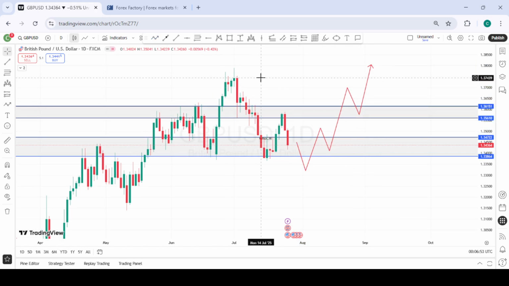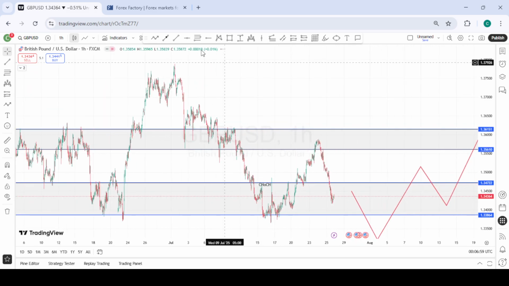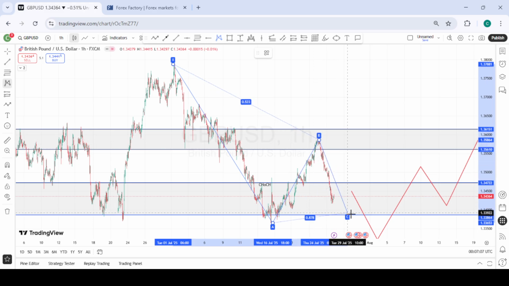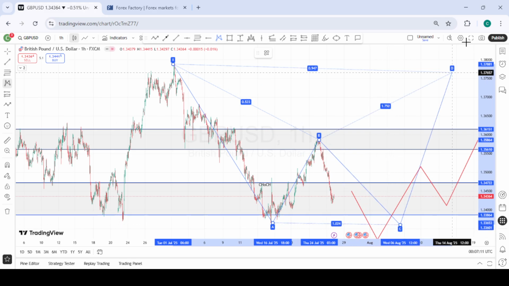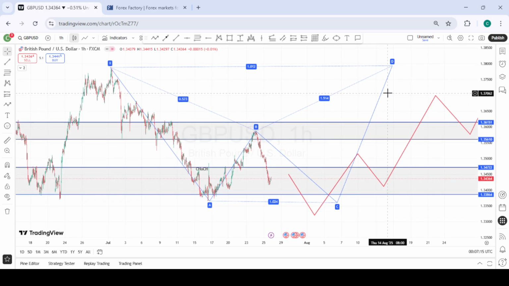Because this is also a potential harmonic pattern if we drop down to a lower time frame. So you can see we have our X, we have our A, we have our B. So we're waiting for a potential C leg around these zones. Then we get our potential D leg to the upside. So let's